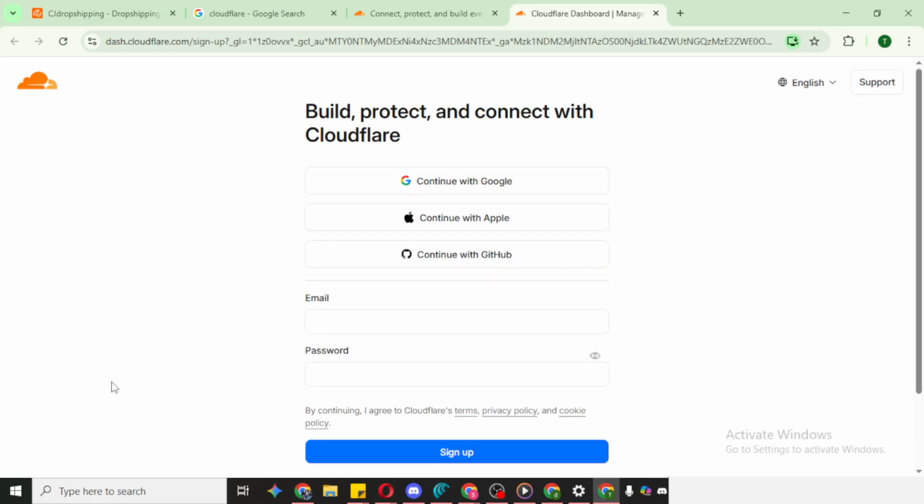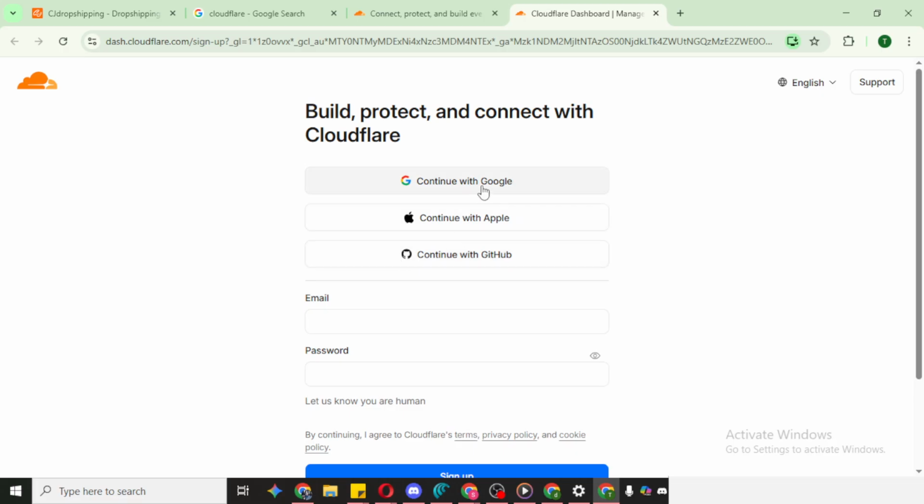Next, you'll see sign-in options that let you register quickly using a trusted provider. Choose the option that works best for you: Google, Apple, or GitHub. In this walkthrough, I'll select Google. When you click Google, a window will appear asking you to pick your Google account and grant permission to share basic profile details. Approve the prompt to continue.